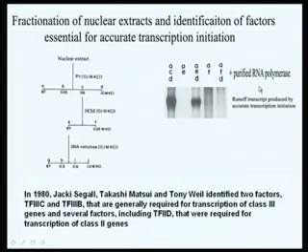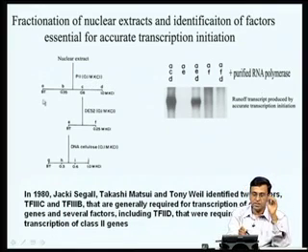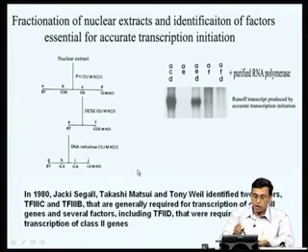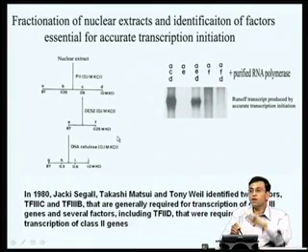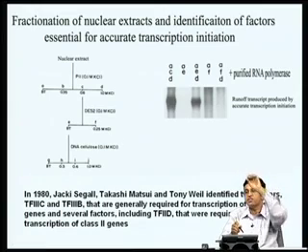As I said, they took the soluble nuclear extract, first put it on, for example, a phosphocellulose column and eluted the protein with varying salt concentrations. For example, here 0.35 molar NaCl, 0.6 molar NaCl and 1 molar KCl. Now you take the proteins which got eluted from the 0.6 molar KCl fraction and put it on a DEAE cellulose column. Proteins bound to the DEAE cellulose column, again you elute with different salt concentrations, take this fraction, put it on another DNA cellulose column, elute with different salt concentrations, and you now look at each one of these fractions and see which contain protein factors essential for RNA polymerase to accurately initiate transcription.